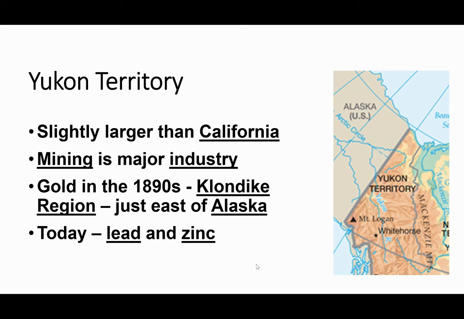It's kind of like the story of the 49ers in California, how in 1849, lots and lots of people went to California trying to strike it rich. A lot of people that moved to California didn't strike it rich. The same thing happened with a lot of people that went to the Klondike region. There was a lot of gold that came out of the Klondike, but not everybody shared in that wealth.